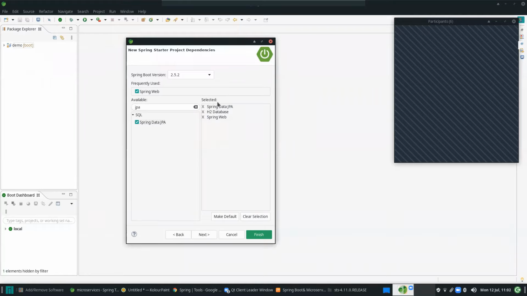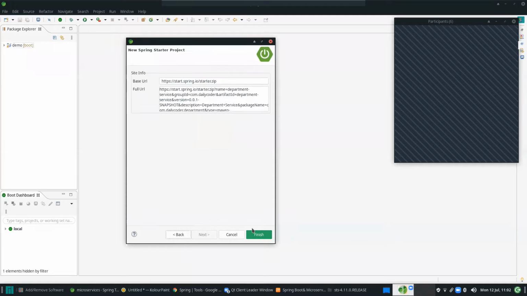Internally, it will use Hibernate, and it provides a simple way to connect to the database and do saving, deleting, all those things. We will see this module in the upcoming sessions: how you can connect easily, what all the methods it provides, how you can write your own queries, all those things I will explain. But now, Spring Web, H2 database and Spring Data JPA. So these are the three dependencies I need to create my web application.